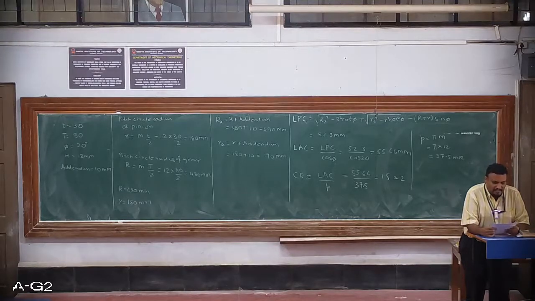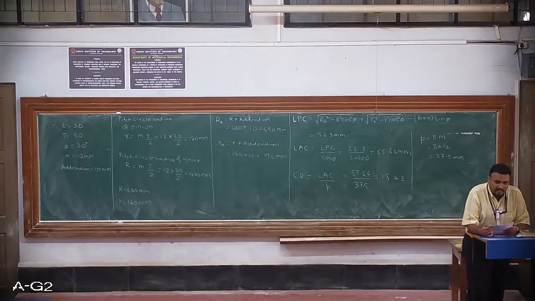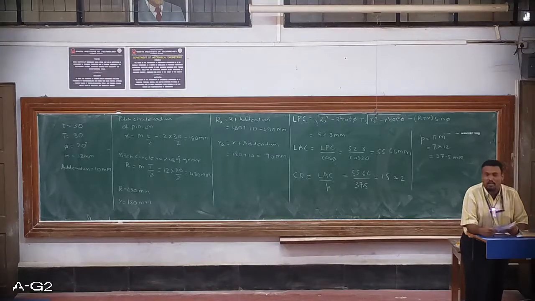Then the maximum velocity of sliding can be determined. You can assume omega 1 as the angular speed of pinion and omega 2 as the angular speed of wheel. The velocity of pinion and velocity of gear should be the same, so omega 1 into small r is equal to omega 2 into capital R. Omega 1 is equal to small v by small r. v is given and r you have found out, so substitute and you will get omega 1. Again, small v and capital R you know, so substitute and you will get omega 2. The maximum velocity of sliding will be omega 1 plus omega 2 into the length of path of contact.